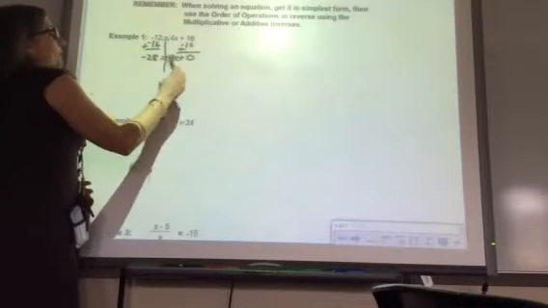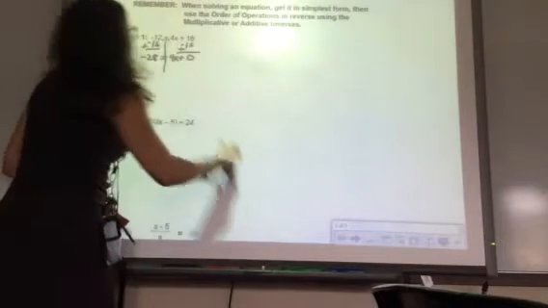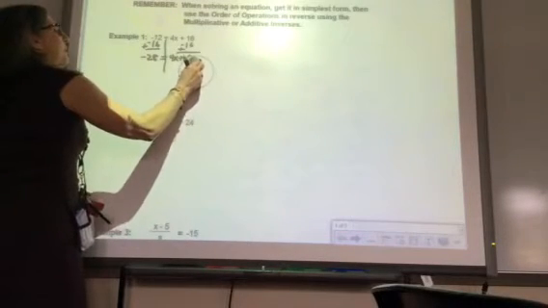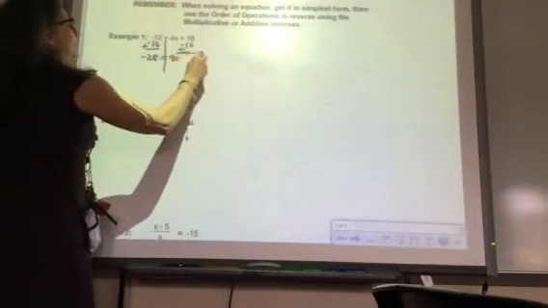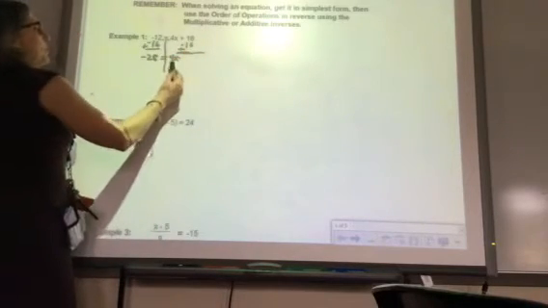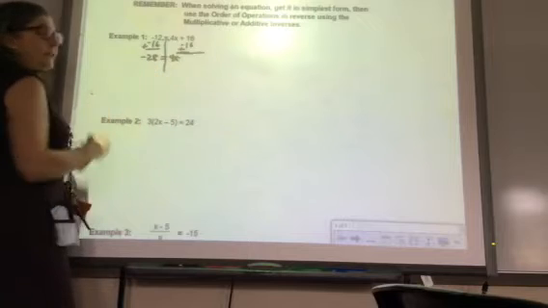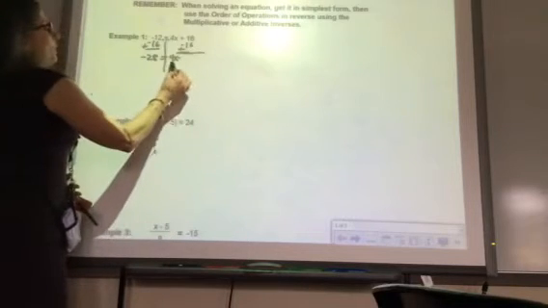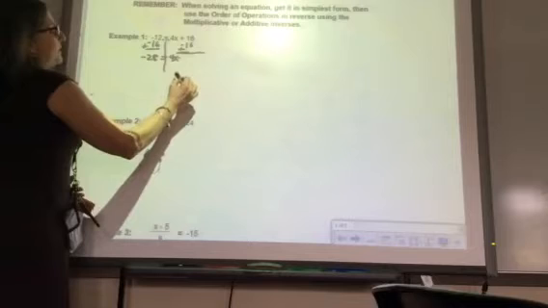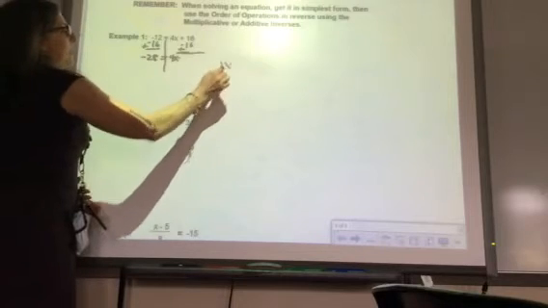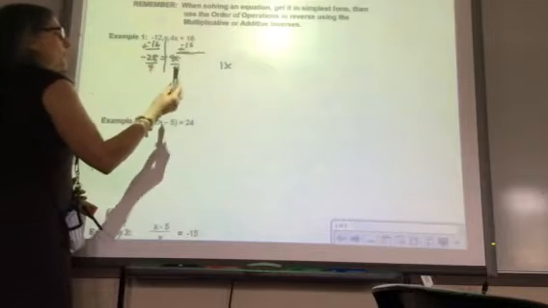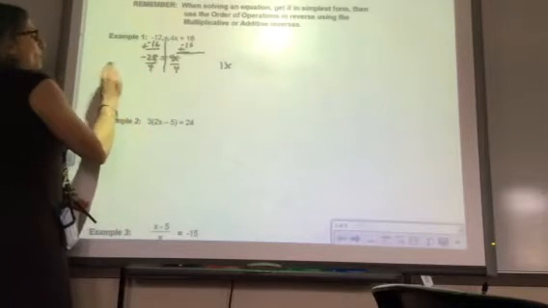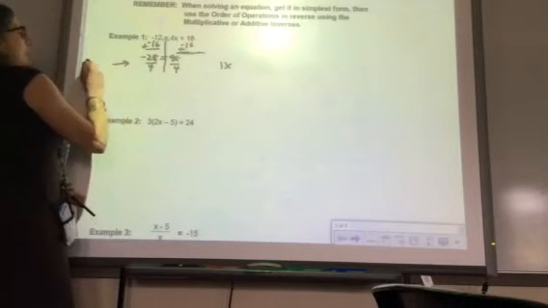Well, 4x plus 0, of course, is just 4x. So if you don't even want to write the 0, that's fine with me. So we're really left with, show me that you're subtracting 16 now. So we're left with 4x on one side and negative 28 on the other. So to get x alone, I have to get a 1x. So I can divide both sides by 4, which is also, remember, dividing by 4 is the same as